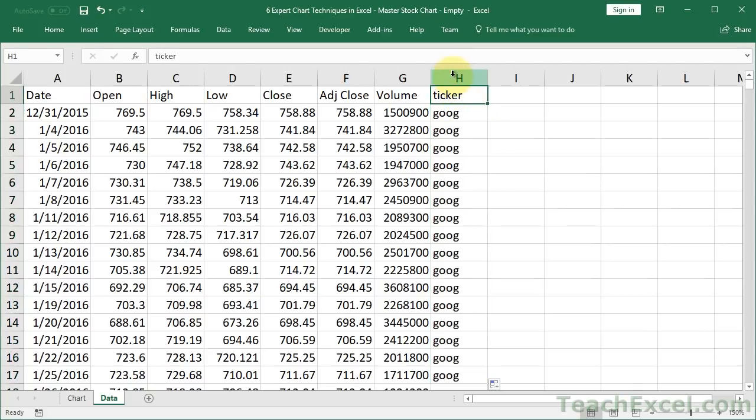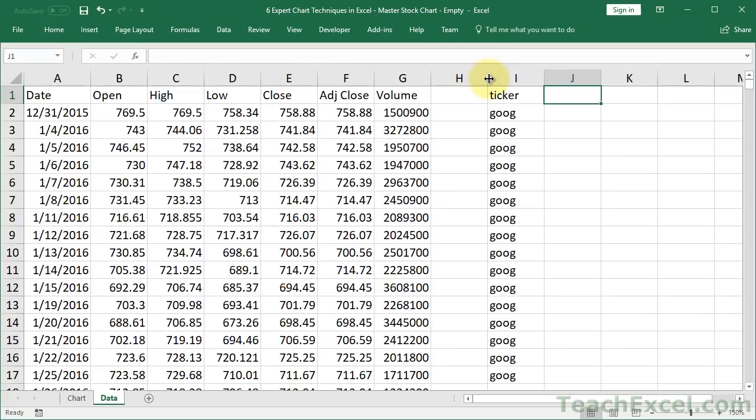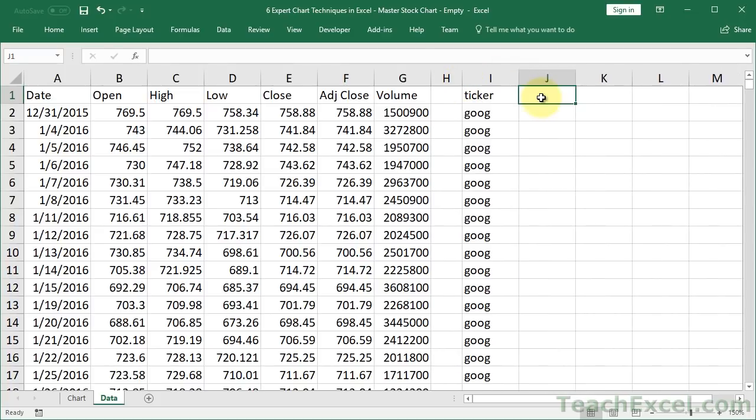Okay, so now let's put it back in. All right, so we have the ticker symbol. Now let's get the month, the year, and the date, and I'm going to call this date real. You'll see why a little bit later. So for the month, we want to get the month out of here, equals month, select the date,